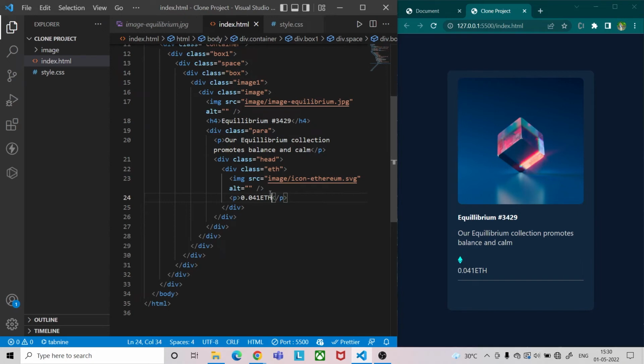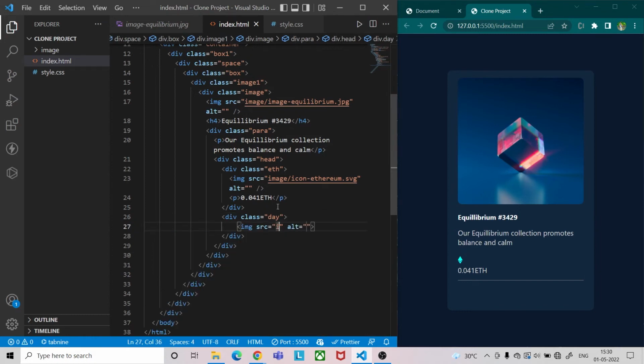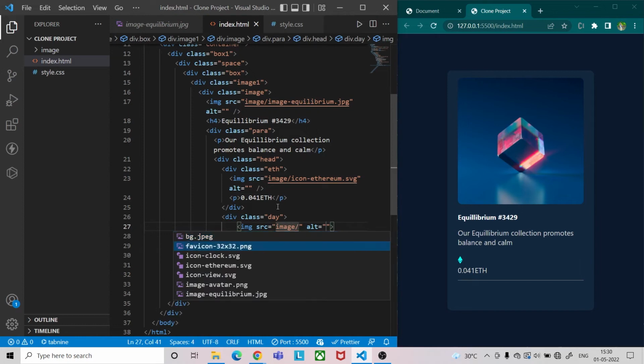So what we have to do is go to the style.css and target the ETH class, and make a display of flex, and it will be done. So let's wait for a moment to do it. Let's just press enter and make the right hand column. Let's write a day class and then make an image. Let's give the destination of the avatar, image avatar.png, and then press Ctrl plus enter and